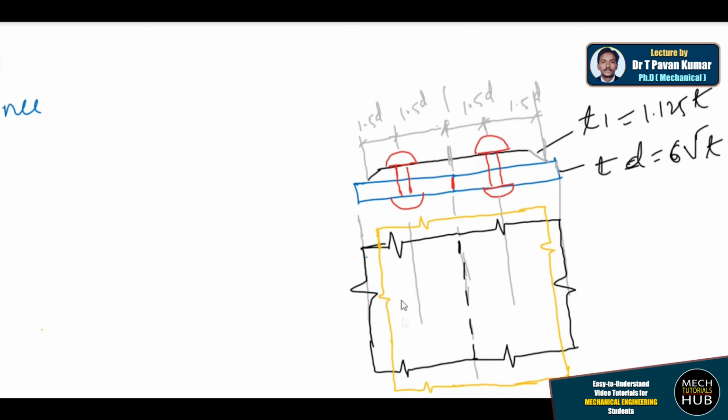Okay, this is the strap. The yellow color one is the strap. Now, why is it not going outside this area? Here you can see the sheet thickness. You can see the extension of the sheet, or the projection of the sheet. So the strap is ending up here. You are not supposed to take the strap out.